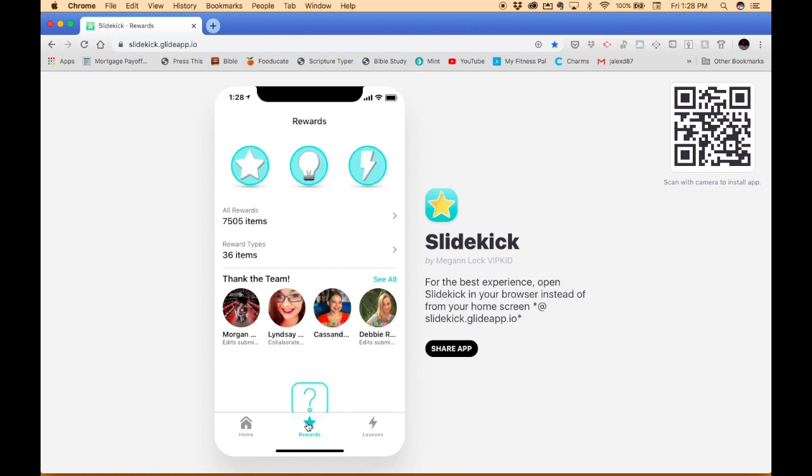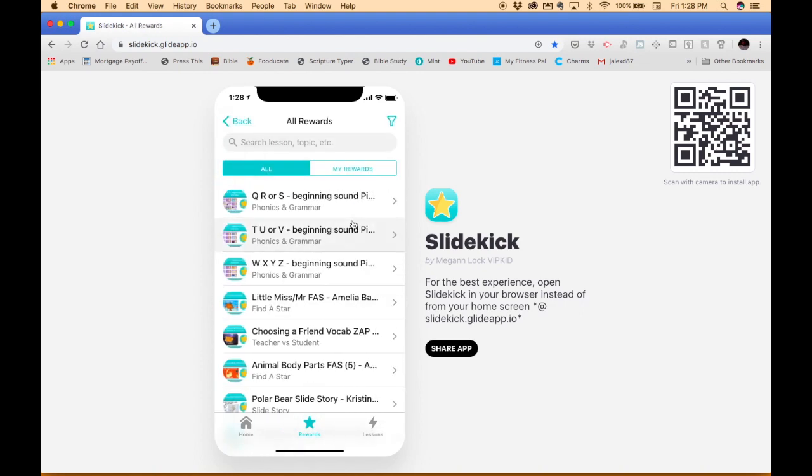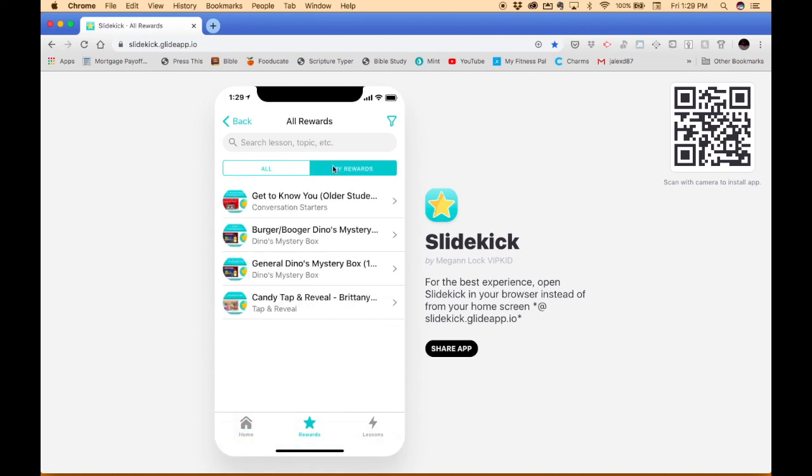You can see under rewards, which is what I use Google Slides for, that there are 7,505 various rewards. Do you think you can find something for every student? These fall into 36 categories, and some of them I like better than others, but truly they are all wonderful. Once you familiarize yourself with the app, you're able to select your own favorite rewards, and they will be available by clicking through all rewards into my rewards, and you can see I have trimmed mine down for the purposes